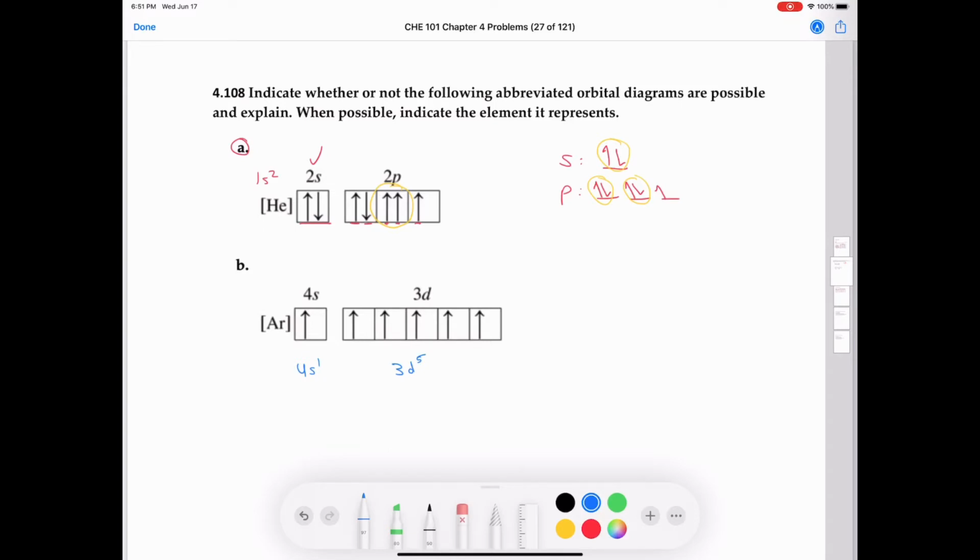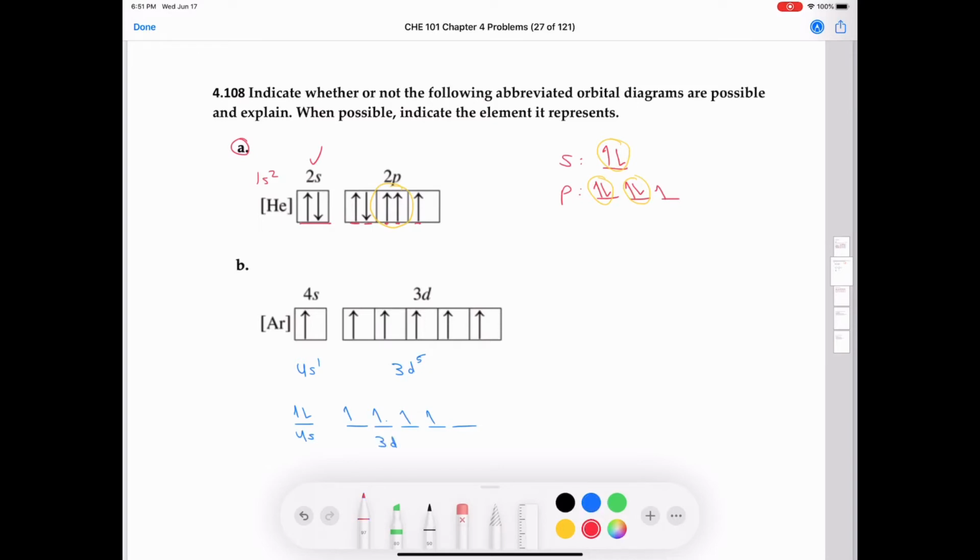So chromium has 6 valence electrons. And normally if I was going to write them down, I would say 4s2, so we'll put 4s2, and 3d 1, 2, 3, 4, 5. And in the 3d, since chromium is element 24, I'd have 1, 2, 3, 4 electrons like that in my 3d